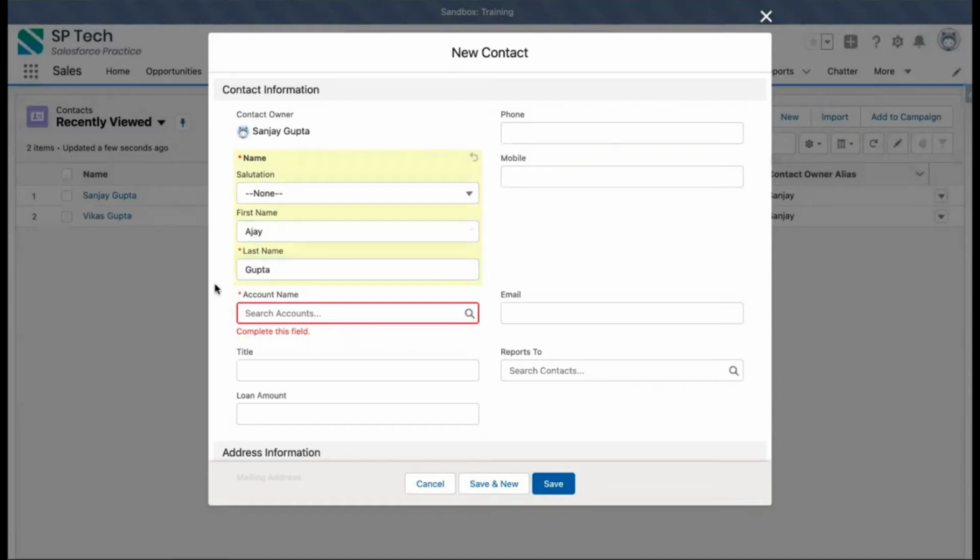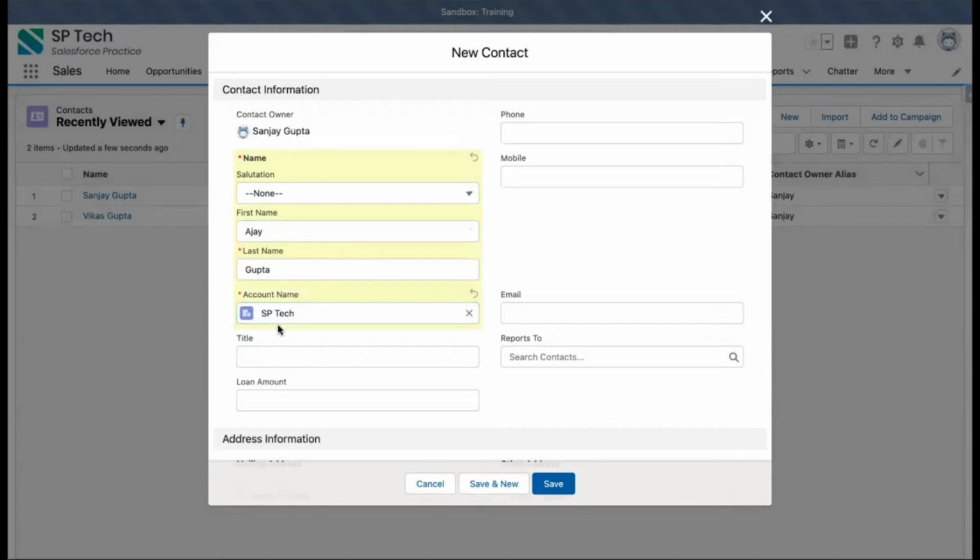I am naming it Ajay Gupta, and I am selecting as account name SP Tech. This account will be treated as parent, and this contact will be treated as child. And on the parent, we will have a related list where this record will be available. So this contact record will be available individually under its tab, and it will be available under the related list of this parent account. Now if I click on save,